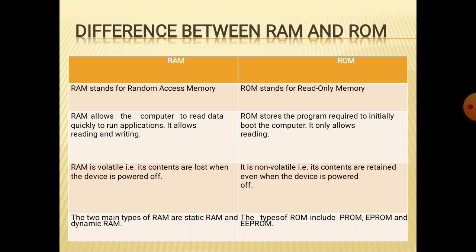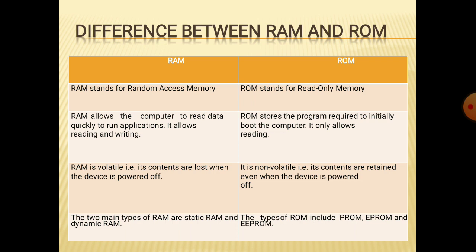After that, we can also see the different types of RAM and ROM. We mainly say RAM types are static RAM and dynamic RAM. You can also write EDO RAM and so on. Then in ROM we have PROM, EPROM and EEPROM. So you may get a question on the expansion of the types of RAM and ROM, or you may get a question to explain only the different types of RAM or different types of ROM.